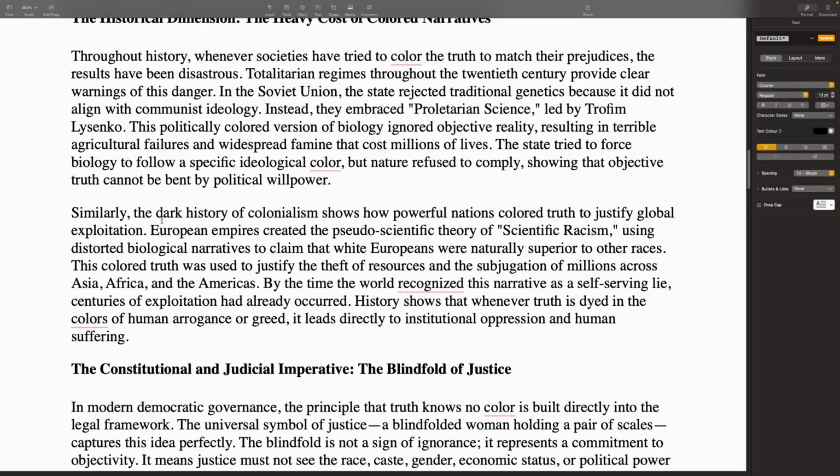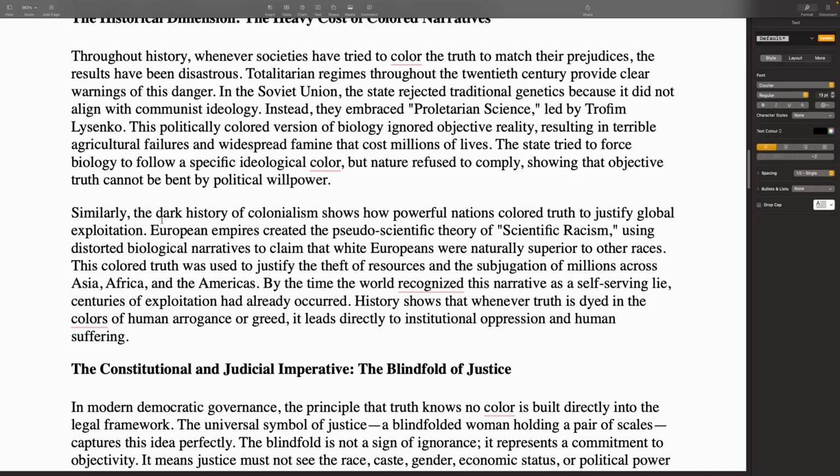Similarly, the dark history of colonialism shows how powerful nations colored truth to justify global exploitation. European empires created the pseudo-scientific theory of scientific racism, using distorted biological narratives to claim that white Europeans were naturally superior to other races. This colored truth was used to justify the theft of resources and the subjugation of millions across Asia, Africa, and